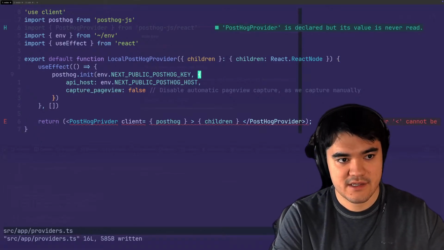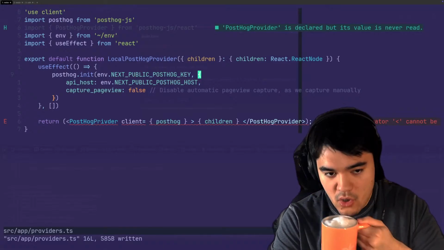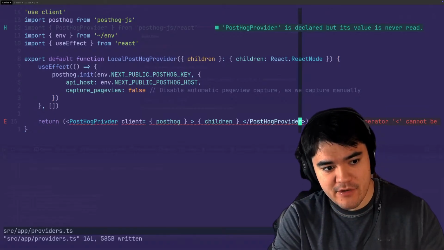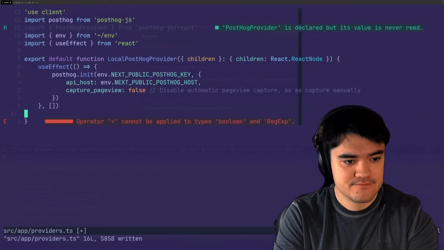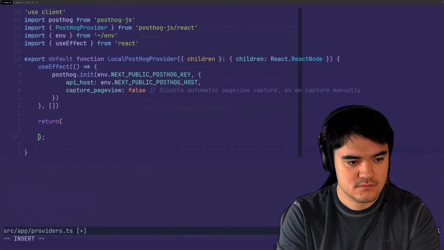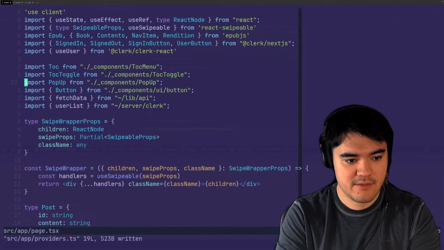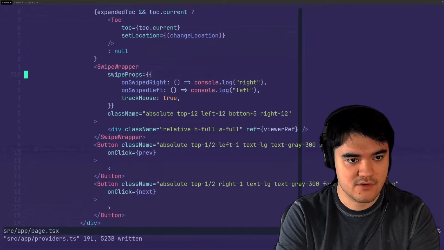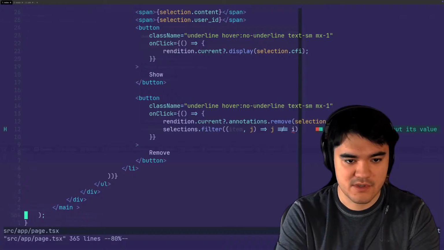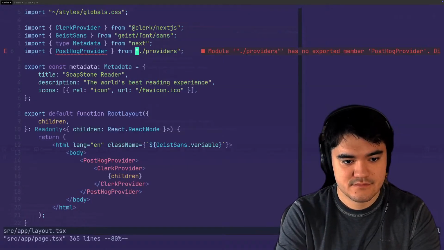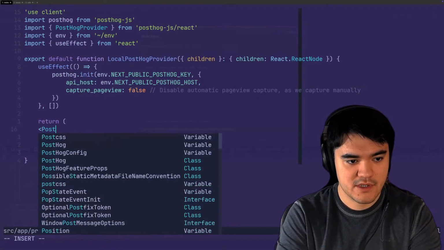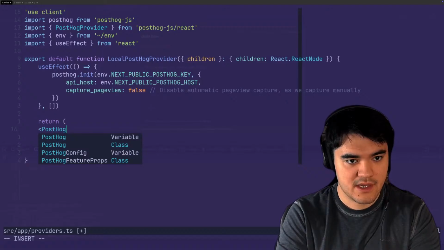See, look, and then that does not work here. What if I just rewrite this? And that might be part of the problem, is the way the return looks too. Might be messing things up. No, I think that's the way it's supposed to look. Okay, so we will PostHog provider. So that is not showing up.